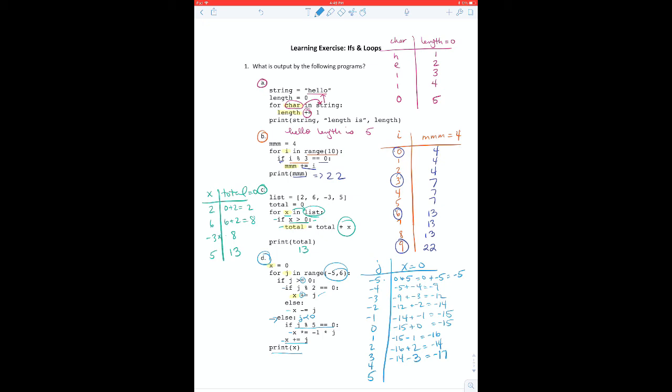Once we're at 4, that is even, so we're adding again. Negative 17 plus 4 is going to equal negative 13. And then finally for 5, it's an odd number, so we're going to be subtracting again. We get negative 18, so what we print out down